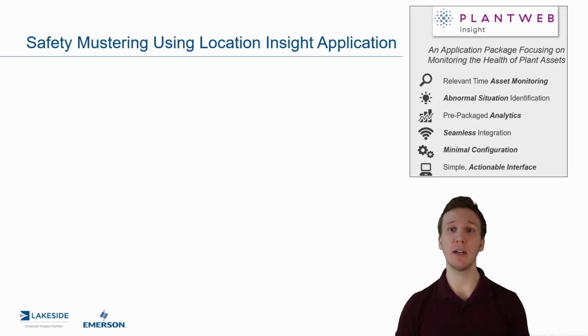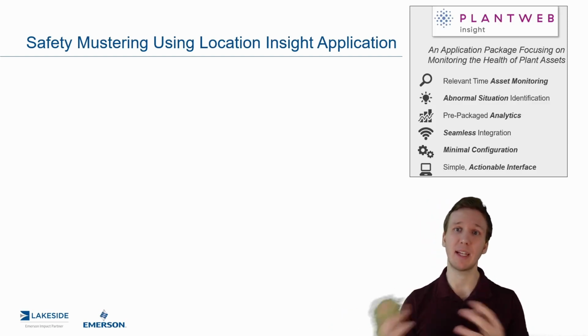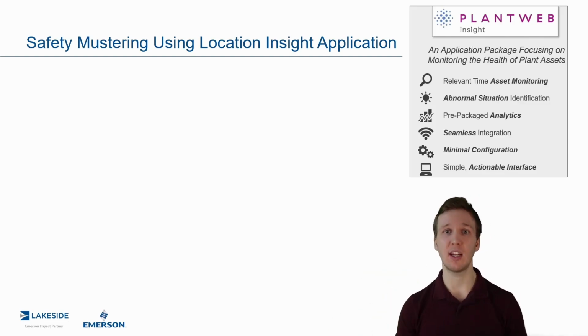This solution builds off of what we call PlantWeb Insight. Now, PlantWeb Insight are a range of prepackaged analytic software solutions that we have. So we have solutions for heat exchanger monitoring, PRV monitoring, steam trap monitoring, and the list really goes on and on and on. And this is one other set or application within this suite that you could potentially have throughout